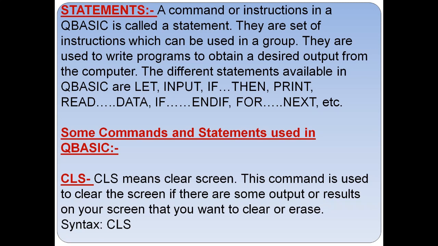If we do not use the CLS command at the beginning of the program, then we will be confused, because the previous program is also on the screen, and the new program which we are making is also on the screen. So we cannot distinguish between the previous program and the program we are making at that time. So we will use the CLS command to clear the screen.